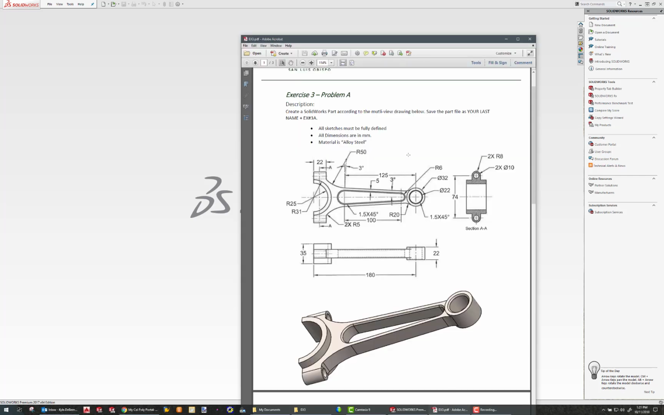So today I'm going to show you how to model this connecting rod here in exercise 3 problem A. This is our multi-view drawing describing the part. We got a section view there, and then we have a nice 3D image showing us the details of the part. So, things to recognize about this before you start is that there is a plane of symmetry here